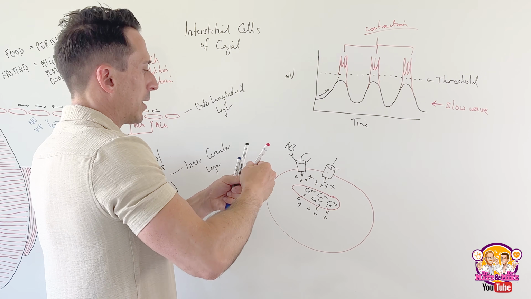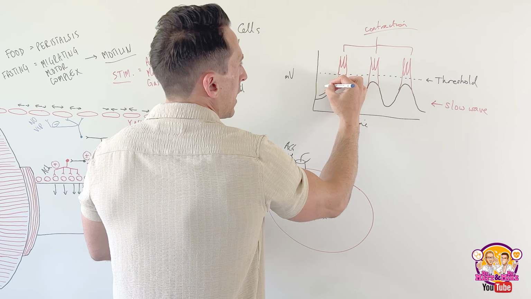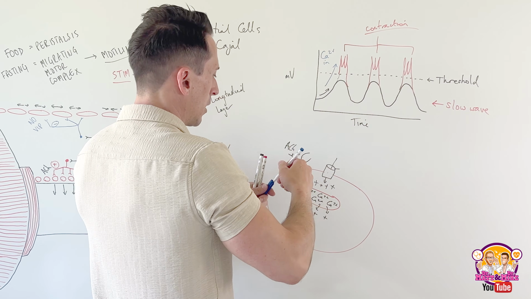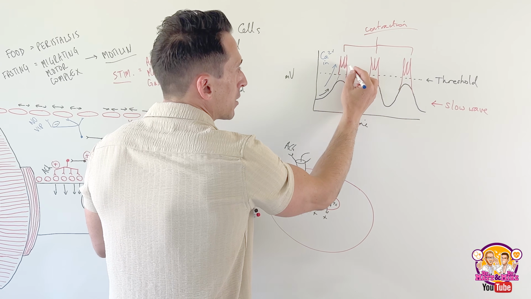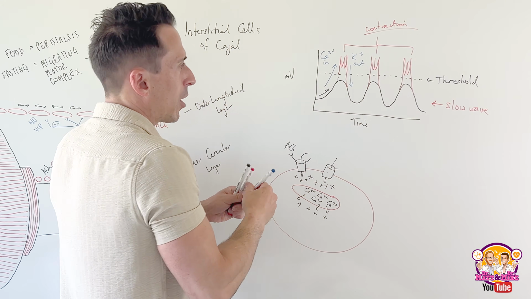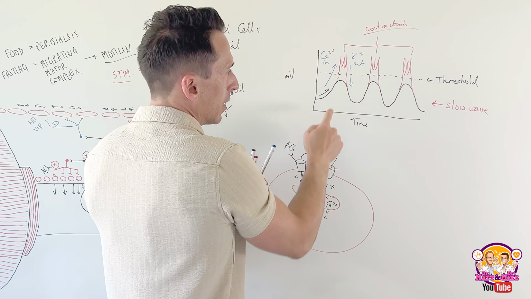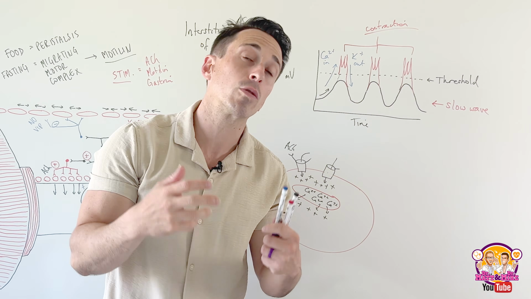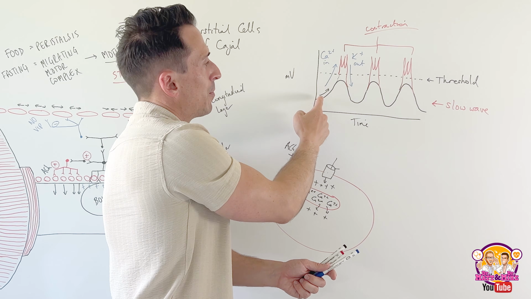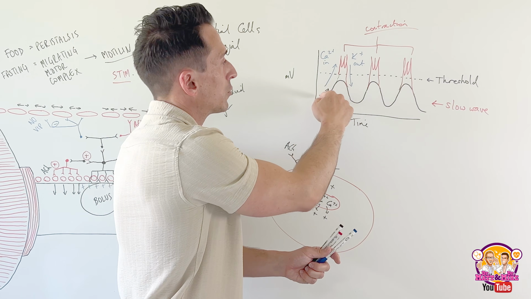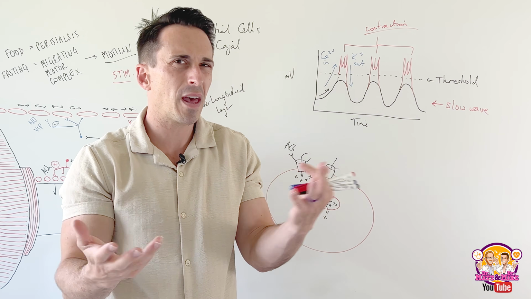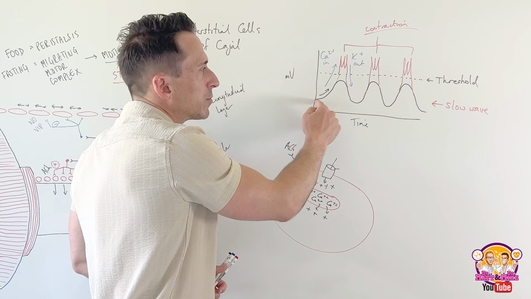Now, what's happening, if you want to know the specifics here, is that here is calcium coming in, and just like we have with other action potentials, the repolarization phase is potassium going out as normal. And you might be asking me, well, what causes the slow waves? Again, calcium in, potassium out, but they just work through different channels. So once it hits threshold, that's voltage gated calcium channels, but here we've got what's called low conductance calcium channels. So just like the pacemaker cells of the heart, these are channels that are open generally when they aren't in other instances. So calcium goes in, potassium out,